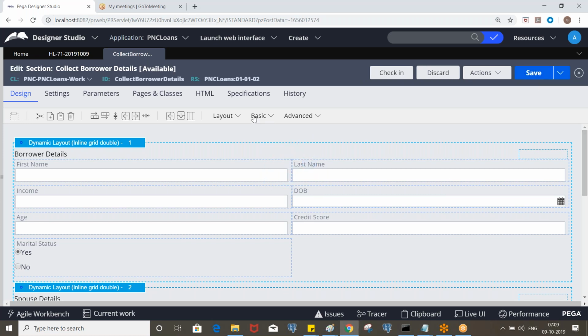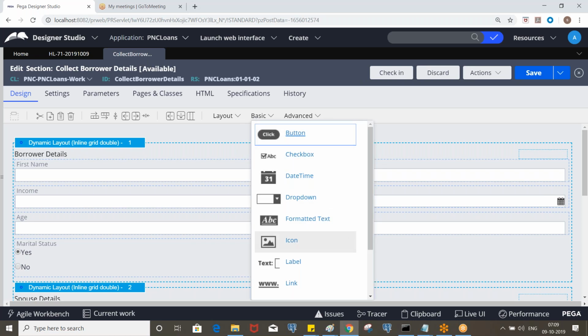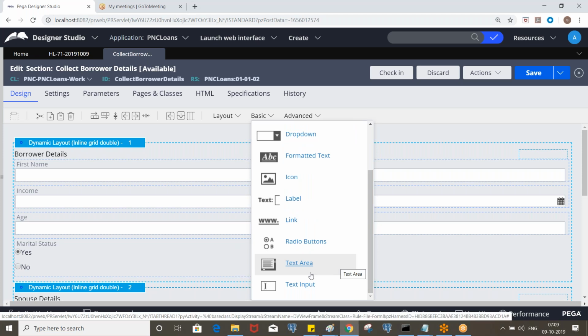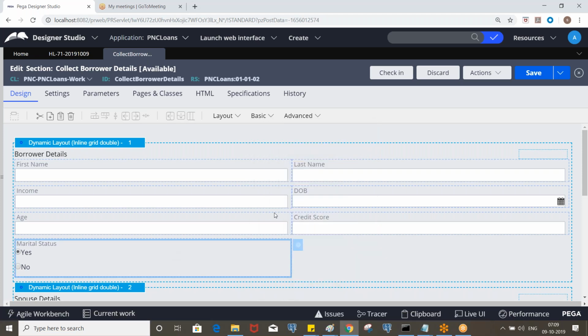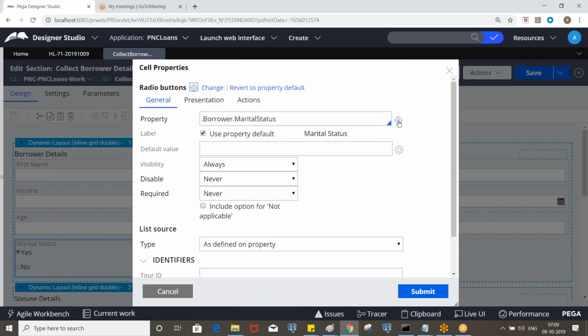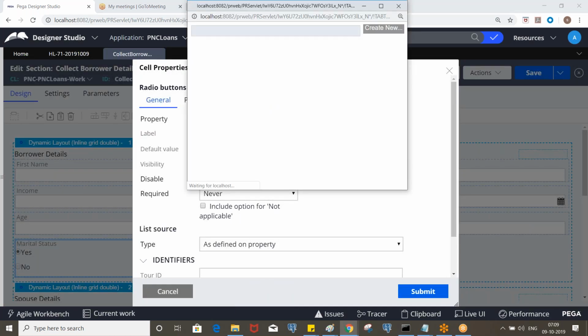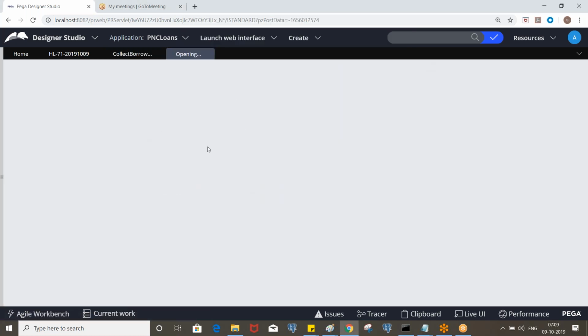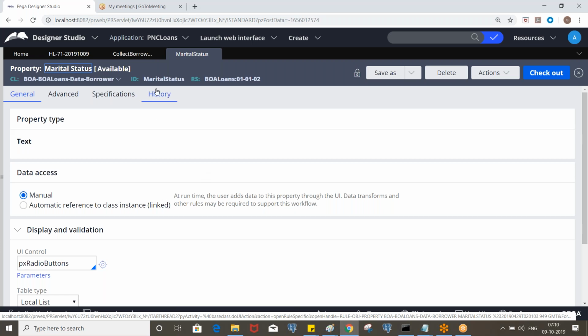Okay, so let's take the control text input. Now tell me, what is the difference between this control and the one we define in the property, right? Let's say we have a marital status property, and while creating the property itself, we can define the control. That is the original control. Wherever you use this marital status, that control will be taken when you drag and drop it.